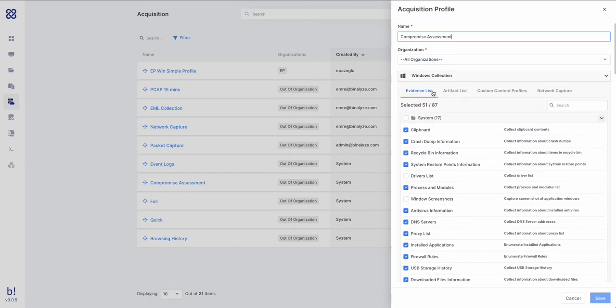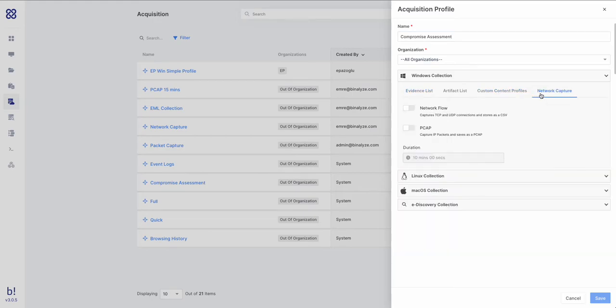We give you an evidence list as well as an artifact list, the ability to build out custom content profiles, and to perform network captures. So you can capture TCP and UDP NetFlow information, PCAPs up to 60 minutes, and this is also true of all of the OS platforms we support, including Linux, Mac, as well as an e-discovery collection type, which we'll cover